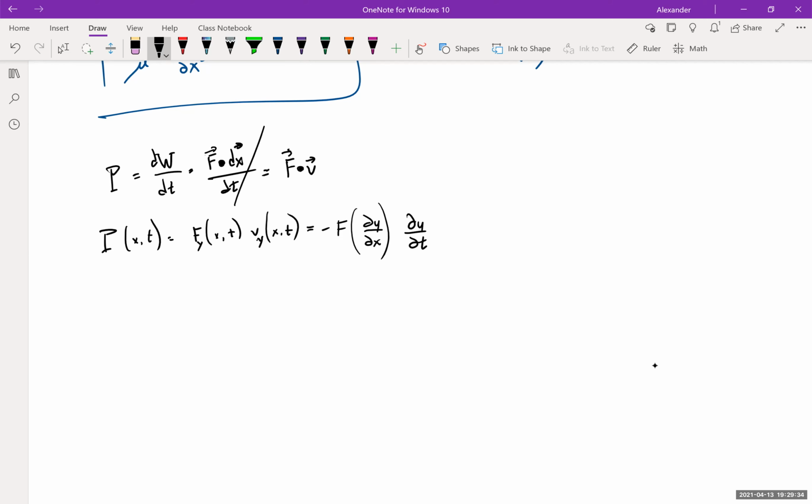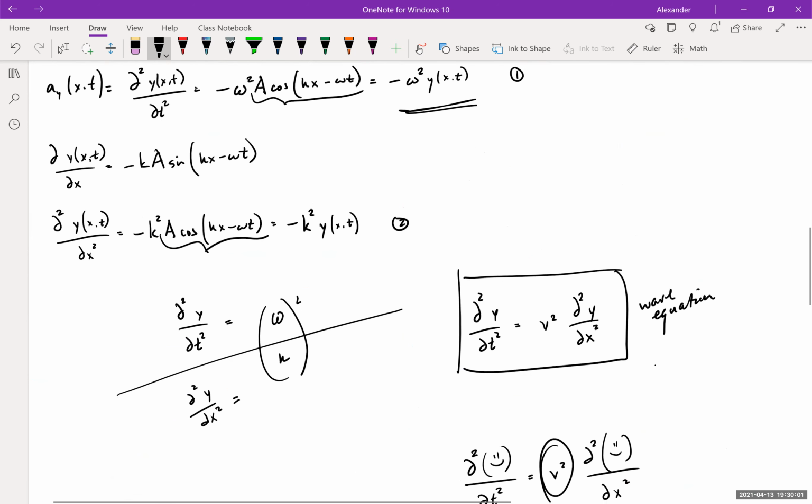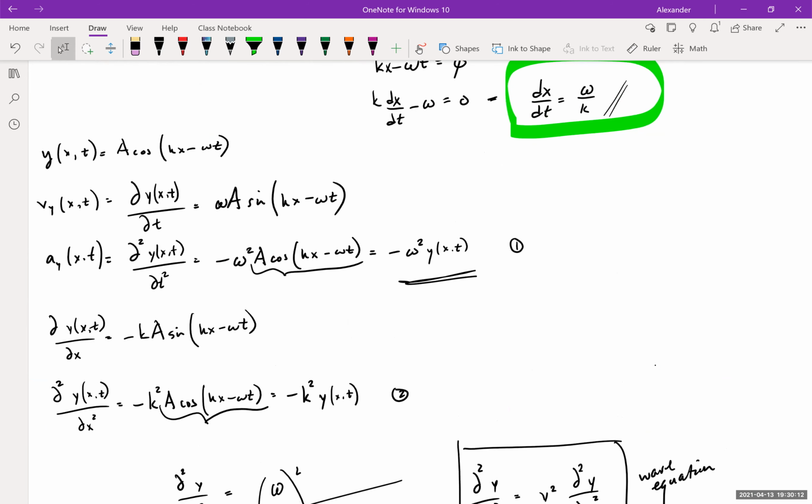So what do we end up with if we run with this? And I think by the time we're done, we will have a means to argue that this minus sign, which is the minus sign that was kind of throwing me a little bit, is the way it needs to be. Let's chase the consequences. The partial y with respect to x, we have written here, it's negative Ka sine(kx minus omega t). The partial y with respect to t, we have written here, it's omega a sine(kx minus